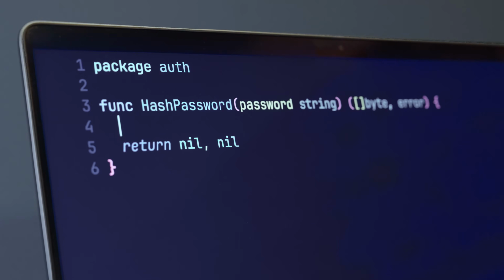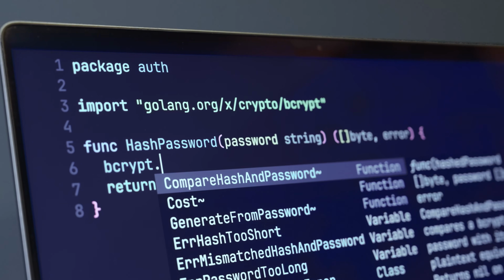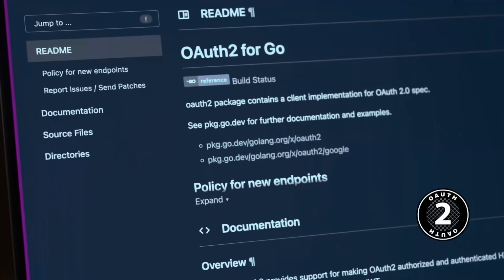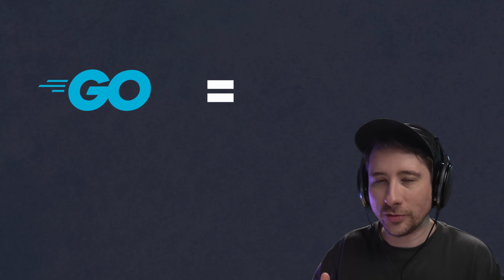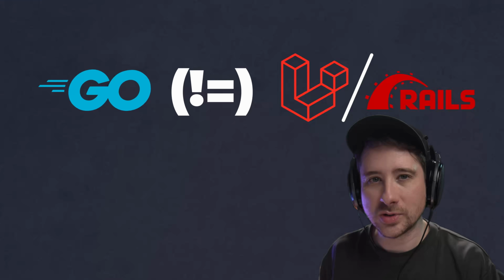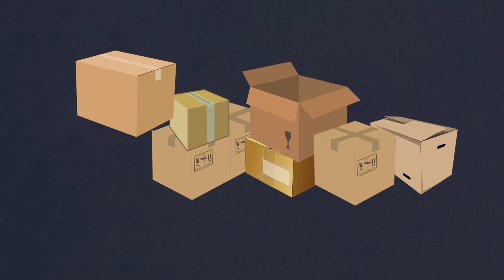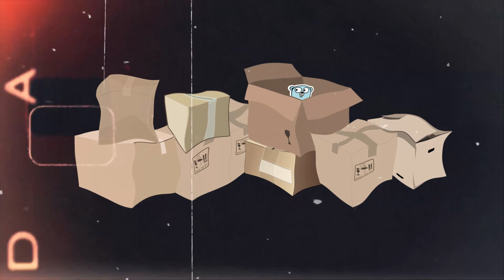Whilst the Go standard library does provide a couple of packages that can be used for authentication primitives, things such as password hashing and OAuth 2, these are by no means a complete auth solution. Now, I know what you're thinking. Comparing the standard library of Go to these more full-featured frameworks, such as Rails and Laravel, isn't exactly an apples-to-apples comparison. And you're right. However, even when you consider third-party packages available to Go, the situation is still kind of